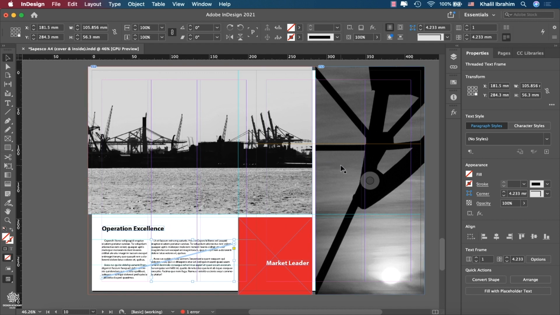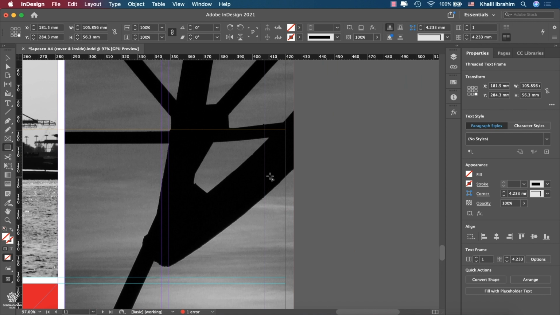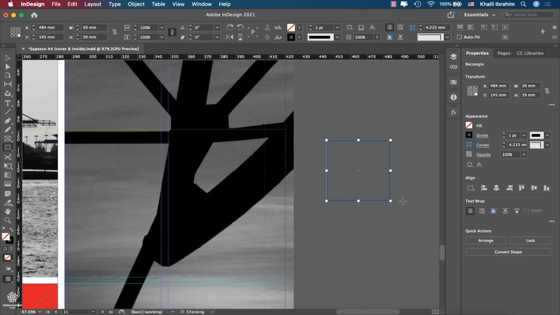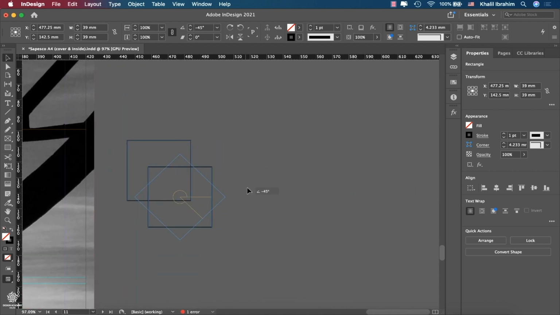And before I add my type, I need to add a background frame for that one. So let's maybe select the rectangle tool, zooming in a bit. I'm gonna draw that one in the pasteboard. To have a perfect square, you need to press Shift while dragging as well. And I need to have a diagonal cut within that square. So I'm gonna duplicate that one, pressing V to have my selection tool, then pressing Alt or Option key and dragging that one to duplicate it. And let's rotate that one 45 degrees while holding Shift key to have a perfect 45 degrees. And I'm gonna drag that one all the way to here,